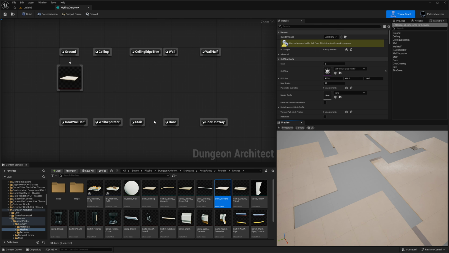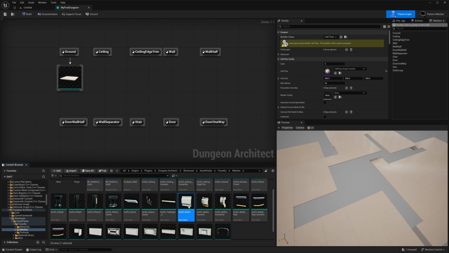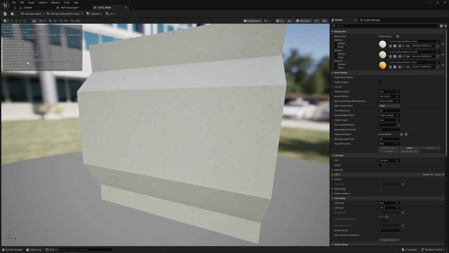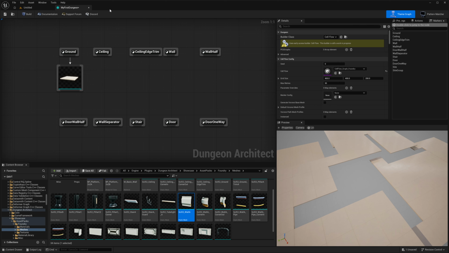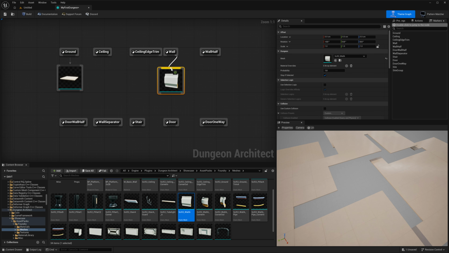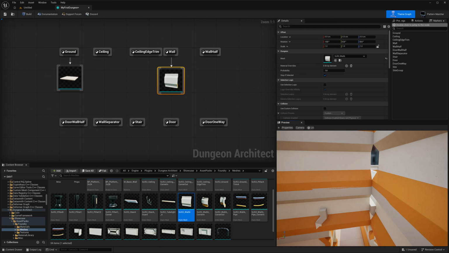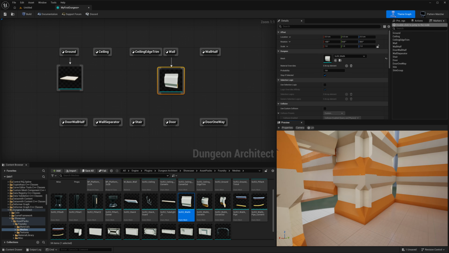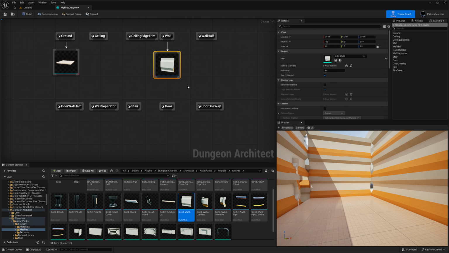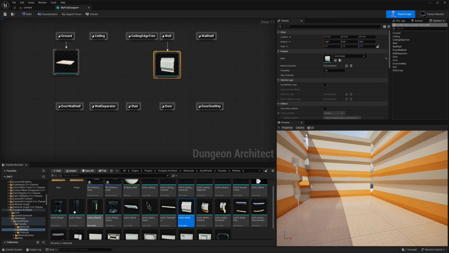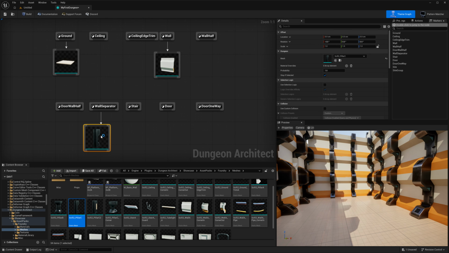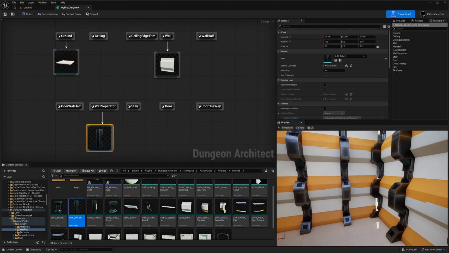So let's continue. Now let's drop in some more assets. We have the wall, we have a few wall assets. So if I open this up, the size of this is 400 width, it's 400 wide. So this works. Let's put this in and attach it to the wall marker node, and we have the wall assets in place. So we also have a wall separator. So let's put in the pillar C, and add that in,